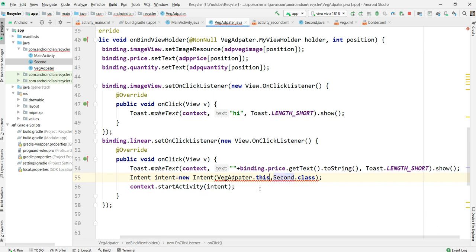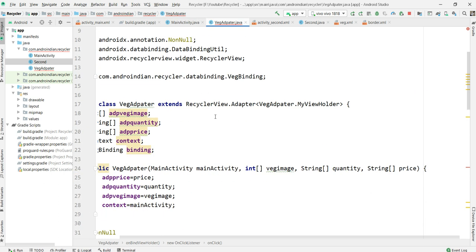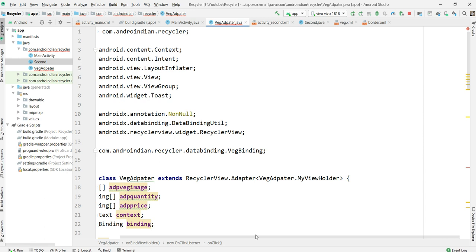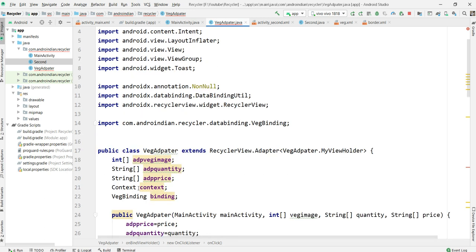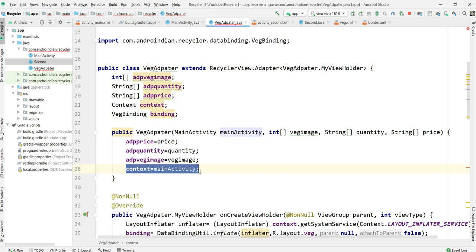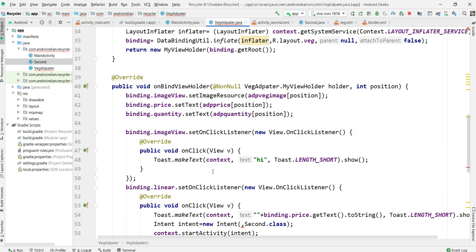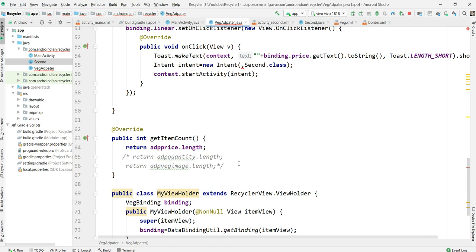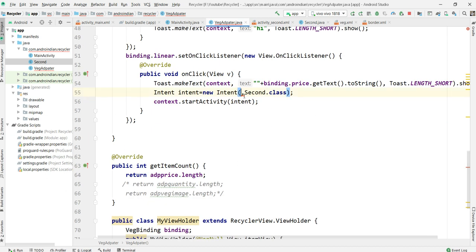So what should I do here? In our class we already defined the context on the top, and we assign that context from the main activity. This means here also we need to call the main activity itself, because here we added the context.